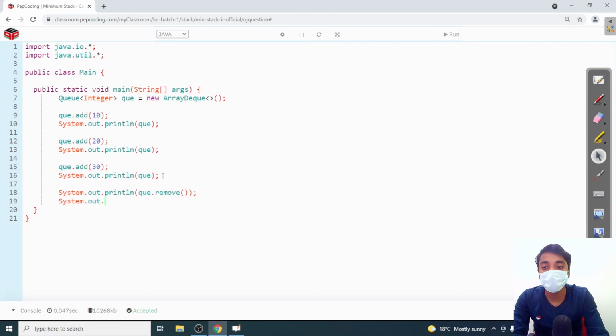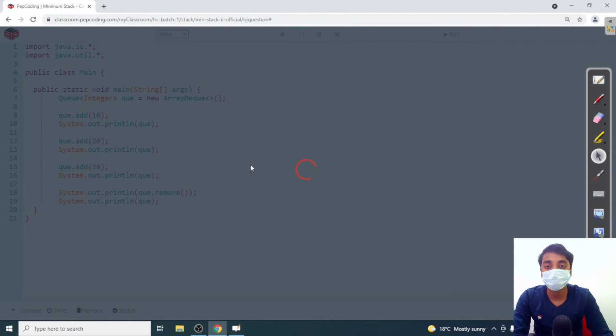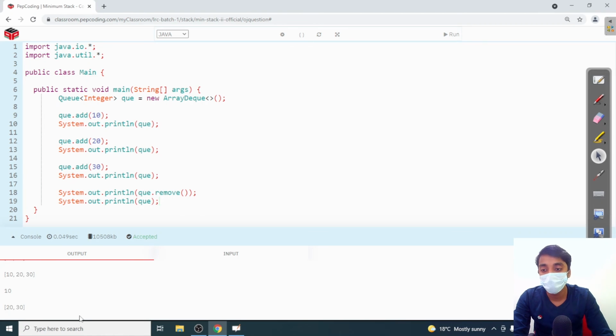Now print all the elements of the queue. Let us run this. Here we can see 10 is removed, where 10 is at the front of the queue and it is removed. The remaining elements are 20 and 30.